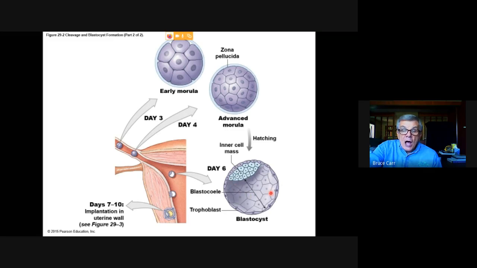Now, when you make a hollow ball with a hole in the middle, then you're going to see some increase in size. This blastocele becomes a part of the body cavity, and this inner cell mass will become part of what we will call the embryo, the actual offspring. Days 7 to 10 is witnessing this stage or a later stage contacting the endometrium here in the uterus. And there's an instant reaction as the blastocyst grows into the endometrium and the endometrium grows out to surround the base of the blastocyst. And you have a process called